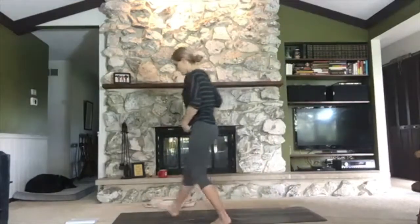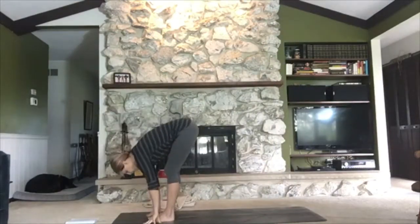Keep breathing, breathing in and out through the nose, rolling the shoulders away from each other, rolling the forearms in, keeping the knuckles really heavy into the mat. Okay, breathing here. And our first sun salutation A, bend your knees. Inhale, look forward. And at the end of the exhale, walk or float to the front of the mat,